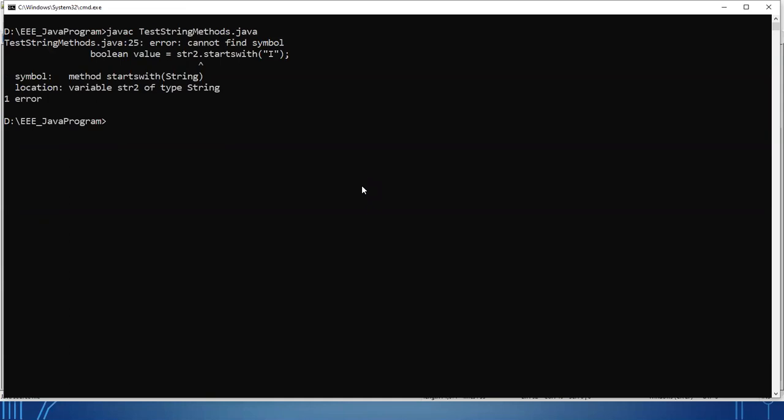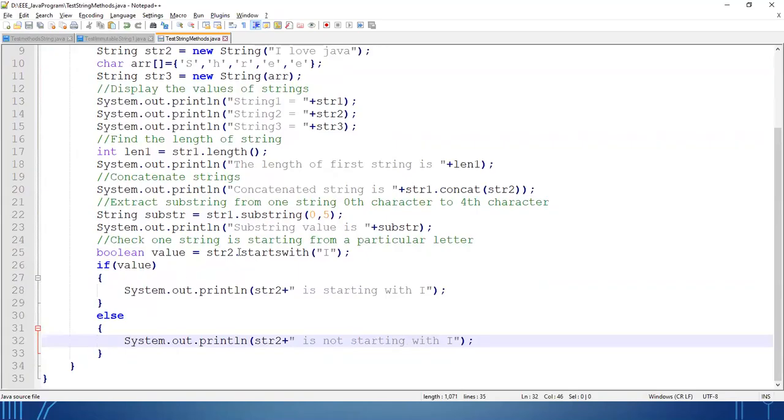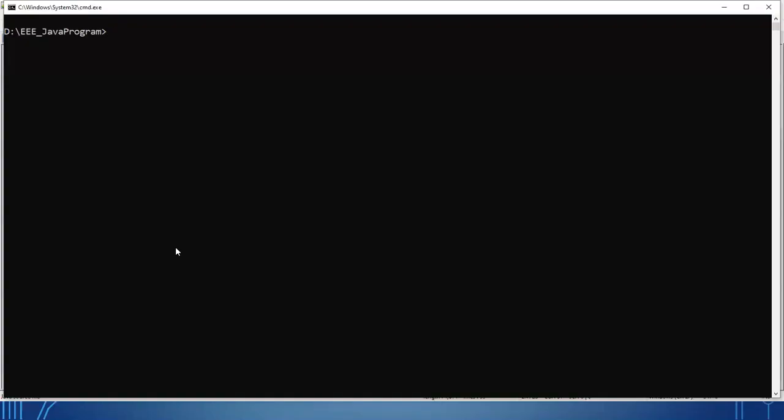Okay, so this is what, capital W. Java syntax, done.